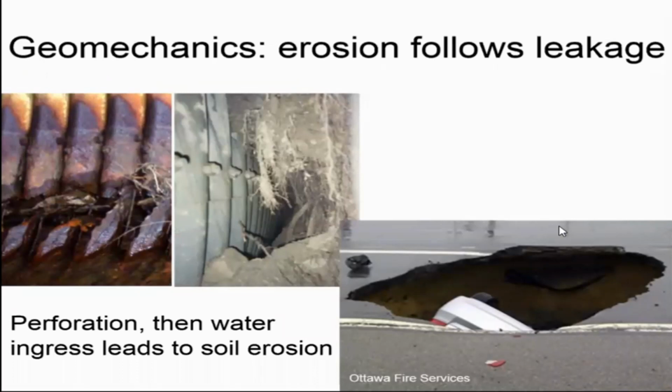And so the topic I've chosen to present to you is soil deterioration, okay? And so basically what happens is the pipe is broken, the pipe starts to leak, water comes into the pipe because many of our pipes are below the water table, and it causes erosion. And if you let it get too big, this is what happened in Ottawa about 4 years ago. The headline in the newspaper said,